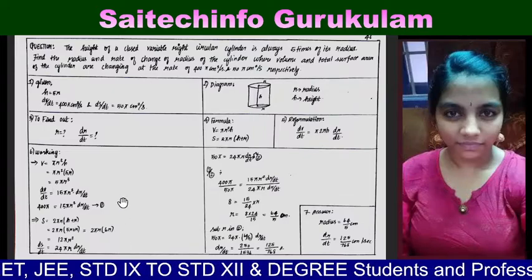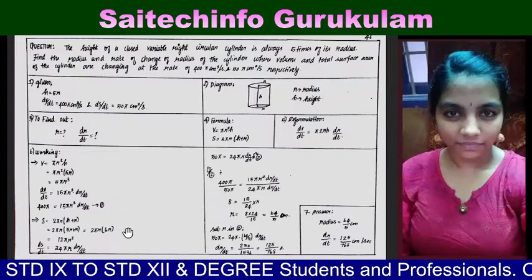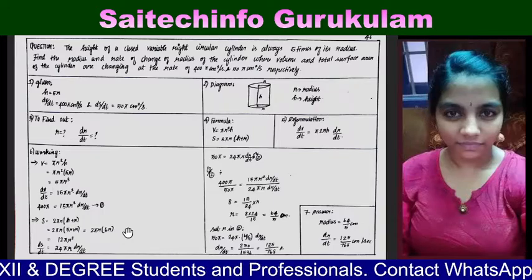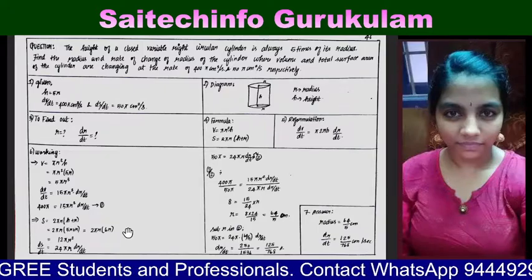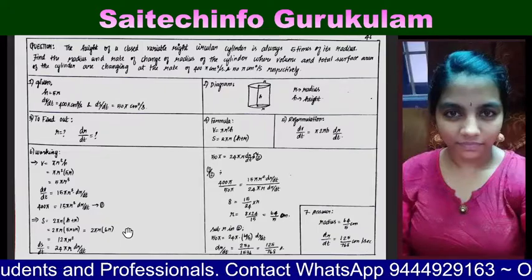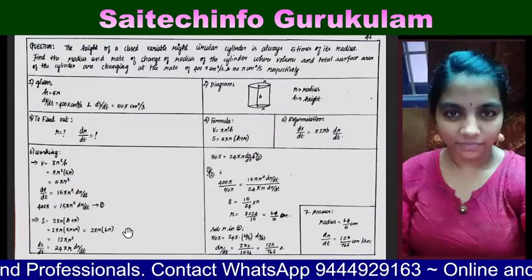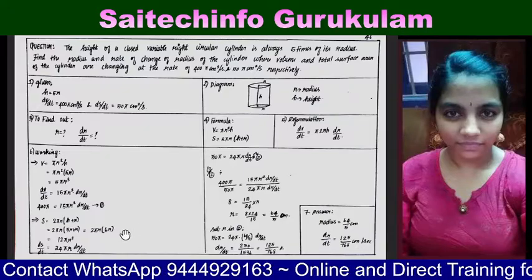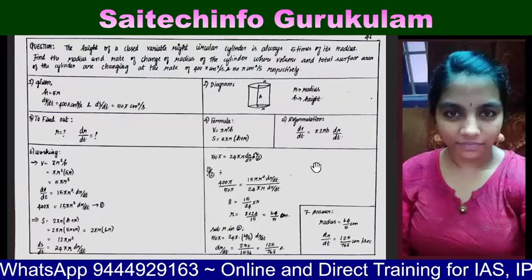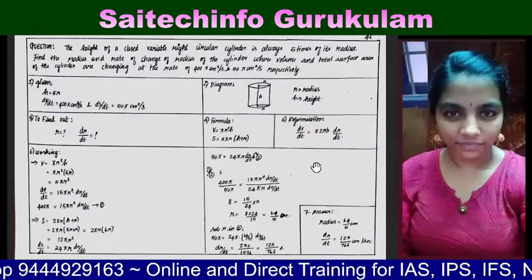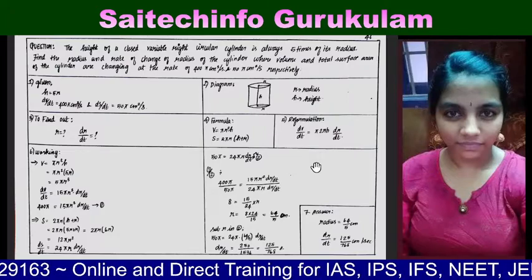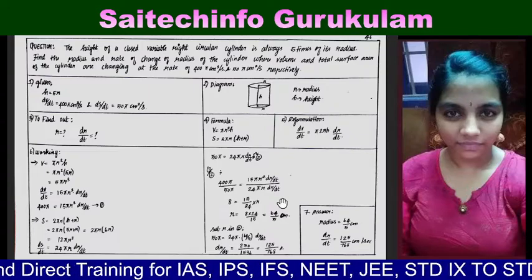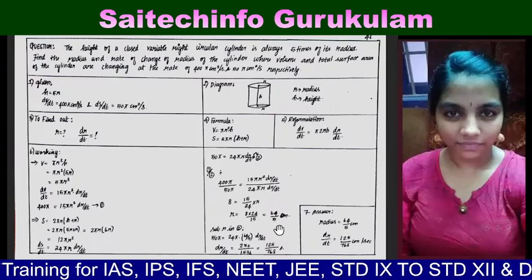Then moving on to the surface area of the cylinder. S is equal to 2 pi r into h plus r. 2 pi r, and I am substituting the value of h, so 5r plus r equal to 2 pi r into 6r. On further simplification, we get 12 pi r square. Now I am going to differentiate with respect to time. So dS by dt is equal to 24 pi r into dr by dt. Also I am substituting the value of dS by dt, which is given in the question, 50 pi. So 50 pi is equal to 24 pi r dr by dt. I am going to take this as the second equation,